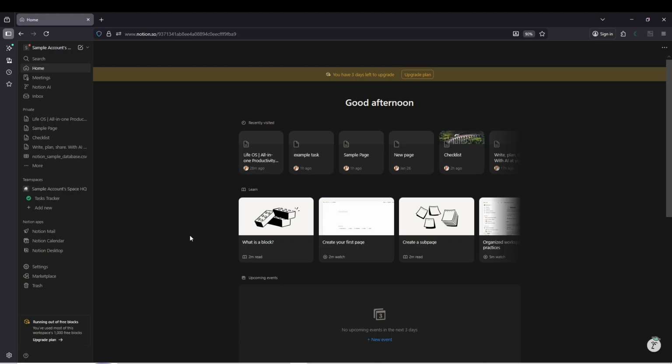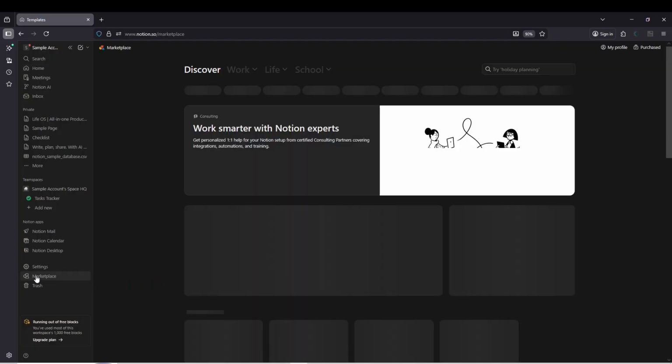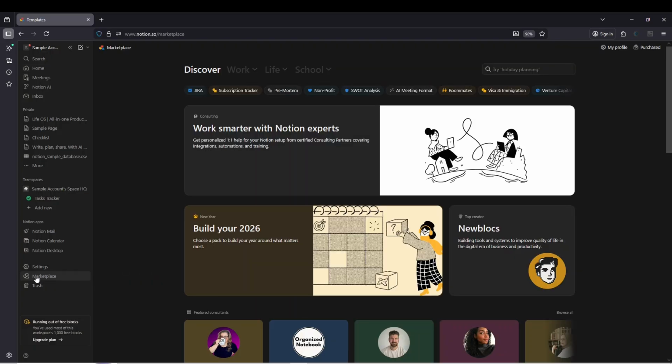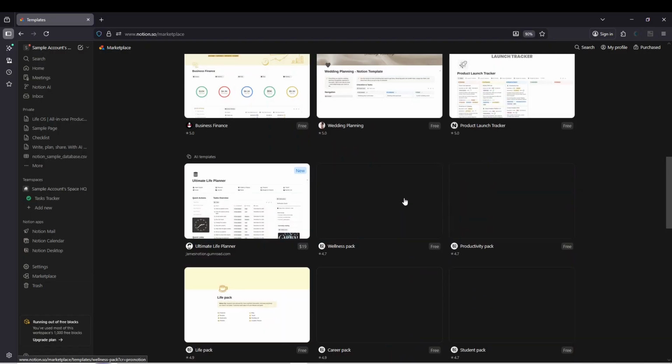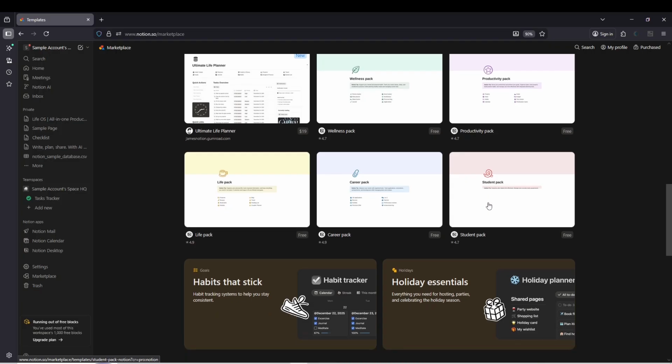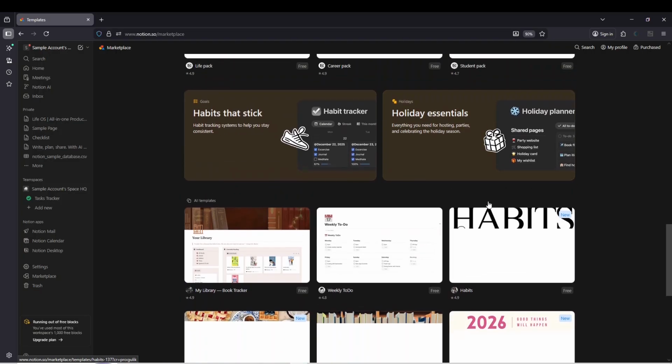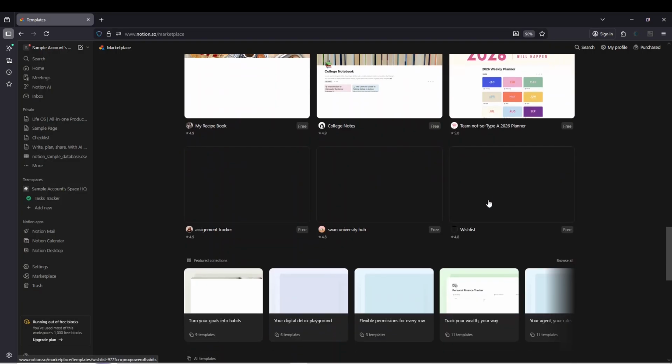To get started, open Notion and look at the bottom left corner. Click on Marketplace to access Notion's official template library. Inside, you'll find a wide variety of ready-made templates, including content planners, habit trackers, calendars, and more. Take some time to browse through the options and find one that suits the type of workspace you want to